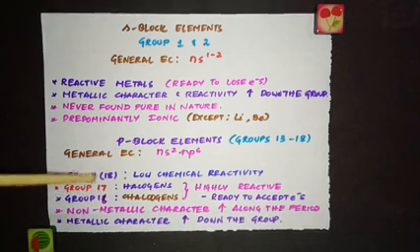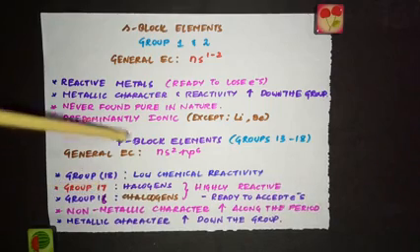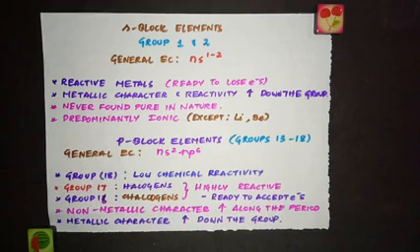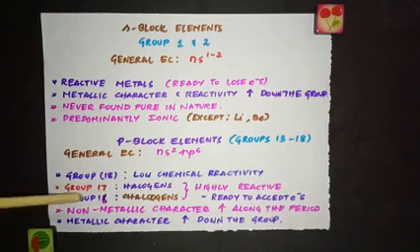So if atoms of this group gain 1 electron, they attain octet configuration. In the same way, if they gain 2 electrons, they attain octet. So they will be very ready to accept electrons. That's the reason why they are highly reactive. In this case, they are ready to lose electrons, so they are highly reactive. Here they are ready to accept electrons, so they are highly reactive.